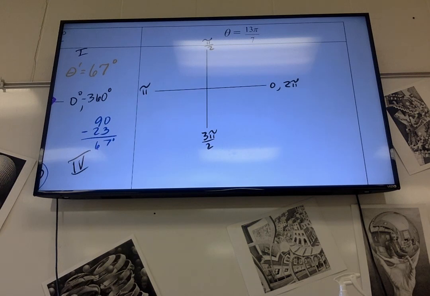Now, I might want to change this to degrees. It might help me, actually. If I change this into degrees, I was going to try to do it without, but I'm afraid I'll get too lost. And the pi's cancel. You multiply by 180 over pi. 7 does not go into 180 evenly, I do not believe. No. So it would be 13 times 180